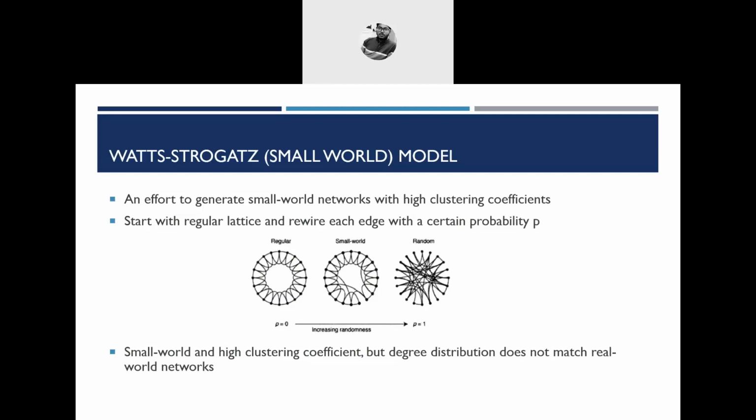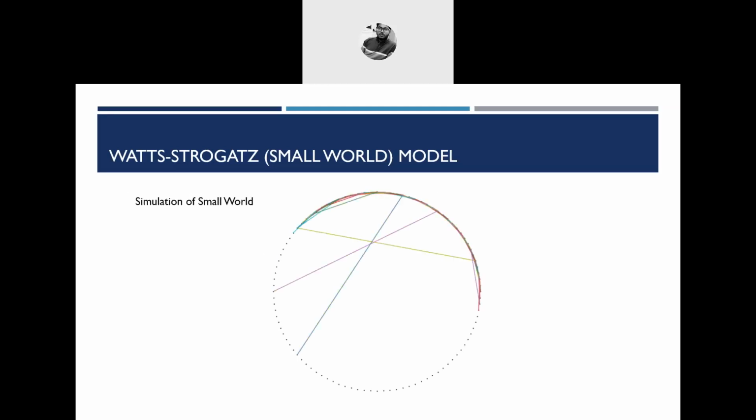So that actually changed the degree distribution into an exponential one instead of a binomial distribution. But still, some traces of the binomial distribution remain. So we will see later that the Watts-Strogatz model is also not a very reliable model in case of real world application. Okay, so this is a rough simulation of the Watts-Strogatz model.